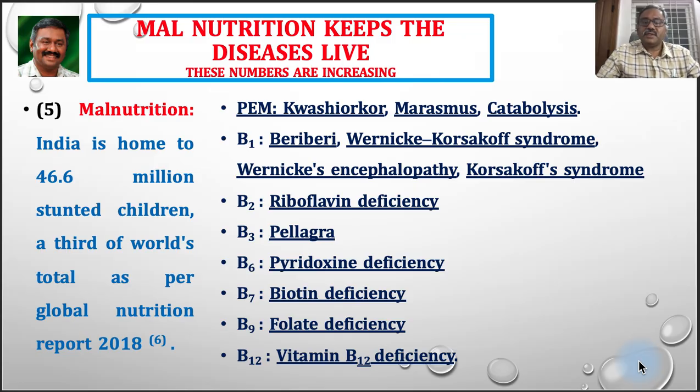Protein energy malnutrition like kwashiorkor, marasmus, cachexia, B1 deficiency causing beriberi, Wernicke-Korsakoff syndrome, Wernicke's encephalopathy, Korsakoff syndrome, B2 riboflavin deficiency, B3 deficiency can cause pellagra, B6 pyridoxine deficiency, B7 biotin deficiency, B9 folate deficiency, B12 vitamin B12 deficiency like megaloblastic anemia,